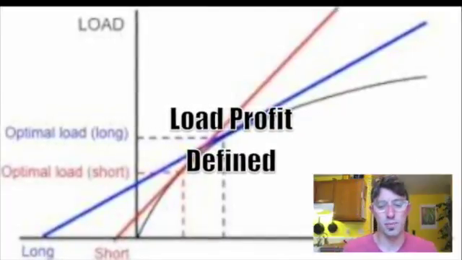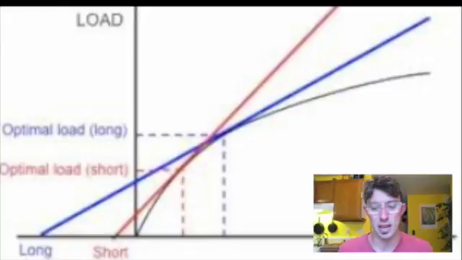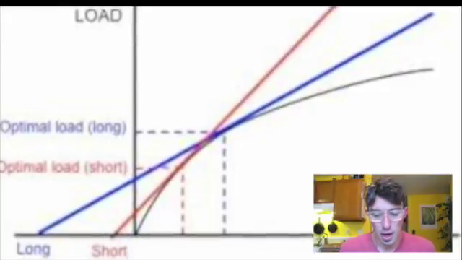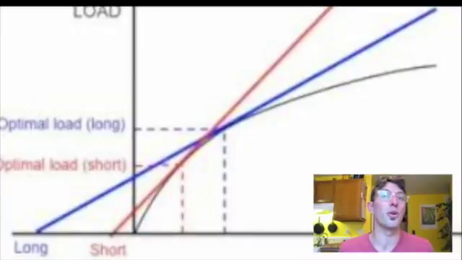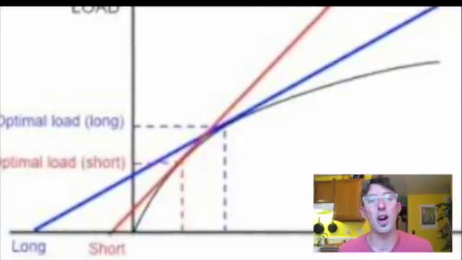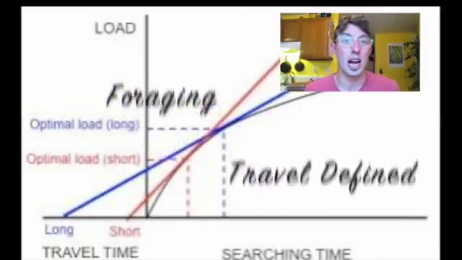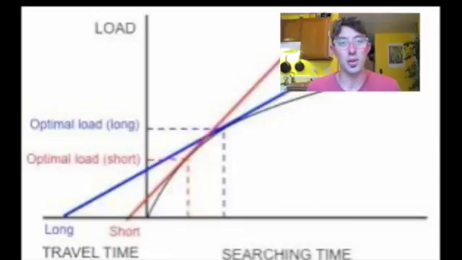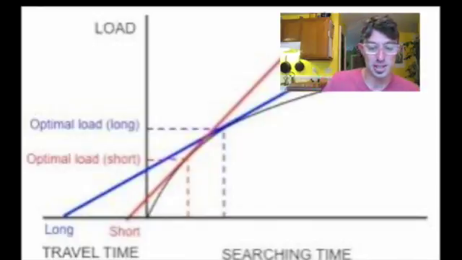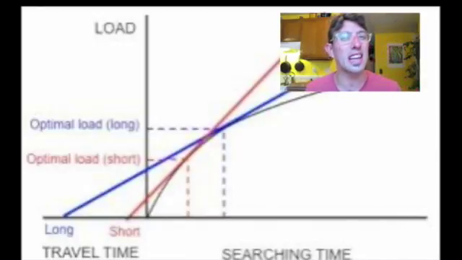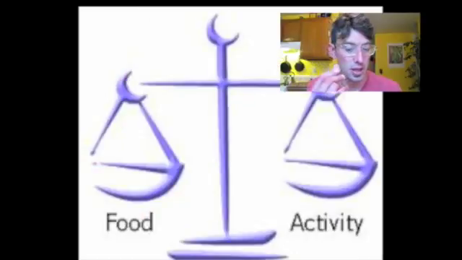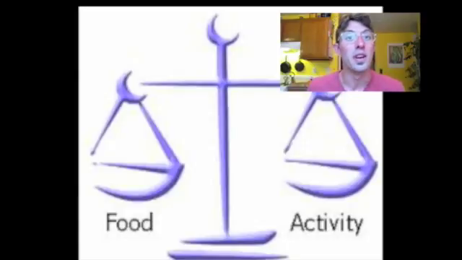Now, breakdown number one. Load profit itself is really a term that means what we get in energy from the load or food that we're actually obtaining from our niche or from our ecosystem. Now, foraging travel is all about the distance that an organism travels to obtain that energy. This is a huge deal because it discusses the distance, and therefore the energy that's spent, the cost, of that particular organism's energy load to get that benefit in the travel it takes to get the energy.